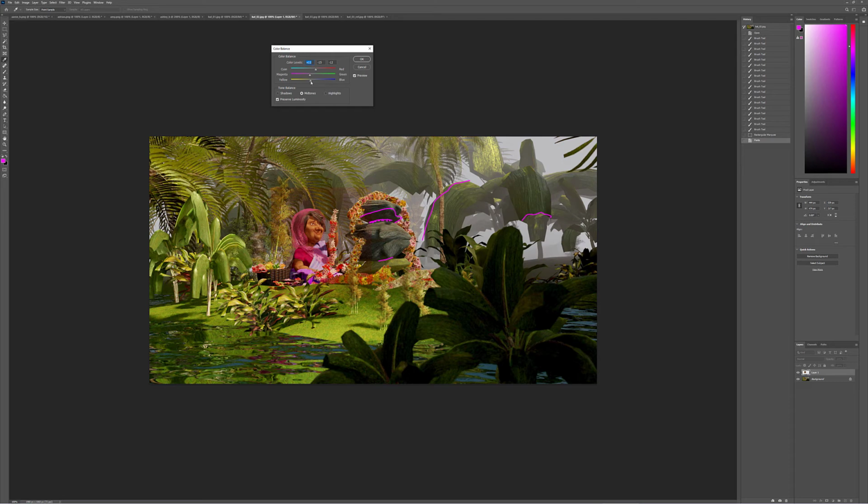Yeah, maybe a little bit in her skin tones. Just feeling a touch on the green side, I would push her a little warmer. And I'm wondering how we can get more specularity on her skin. She looks pretty diffuse and matte. Let's try upping the specularity on her, and